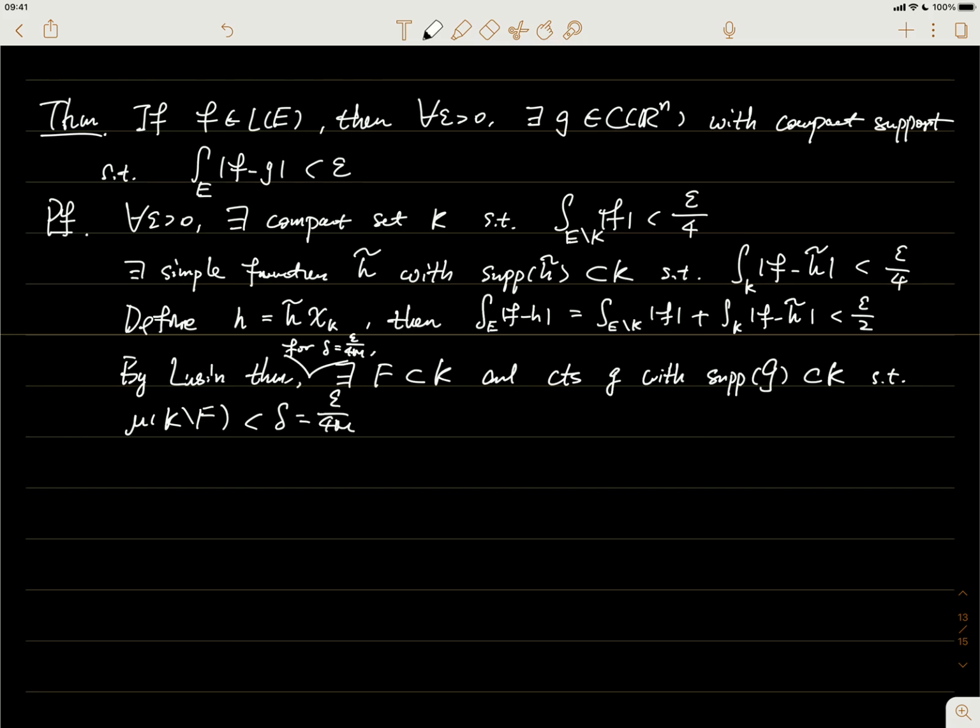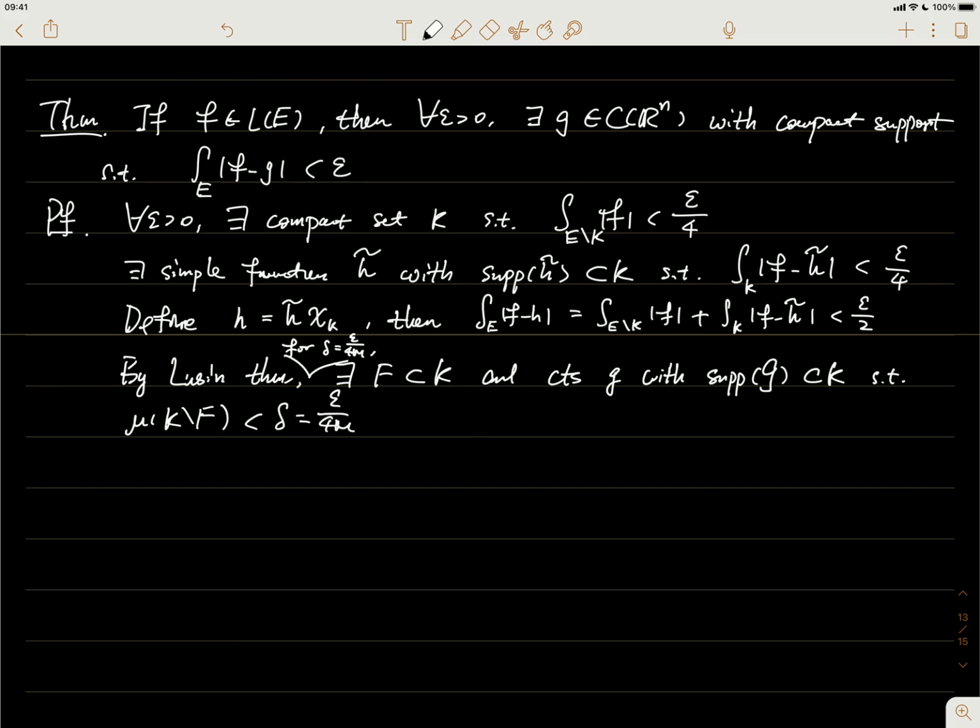Okay, this is one thing. The other thing is that the f is almost as large as k. The difference of them is really small, and also over f, the function g is identical to the function h, and this is what Lusin's theorem says, that